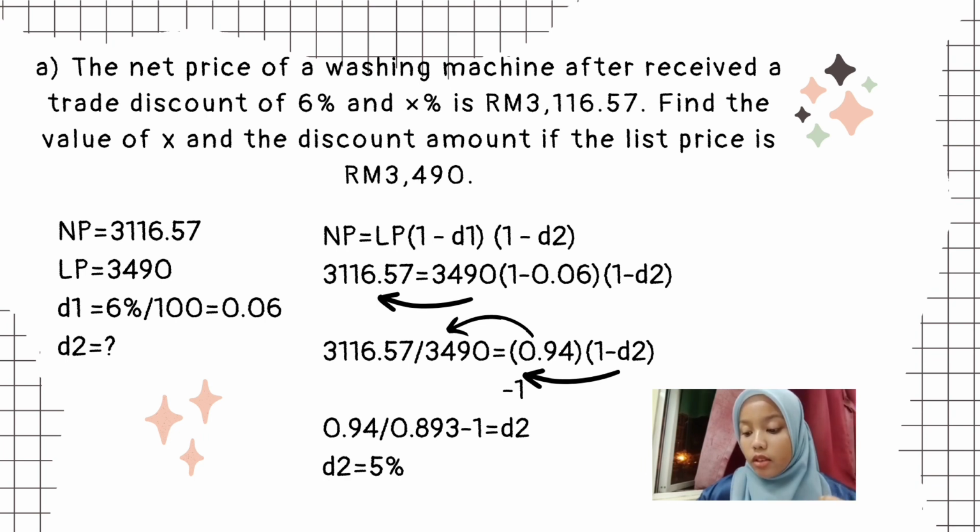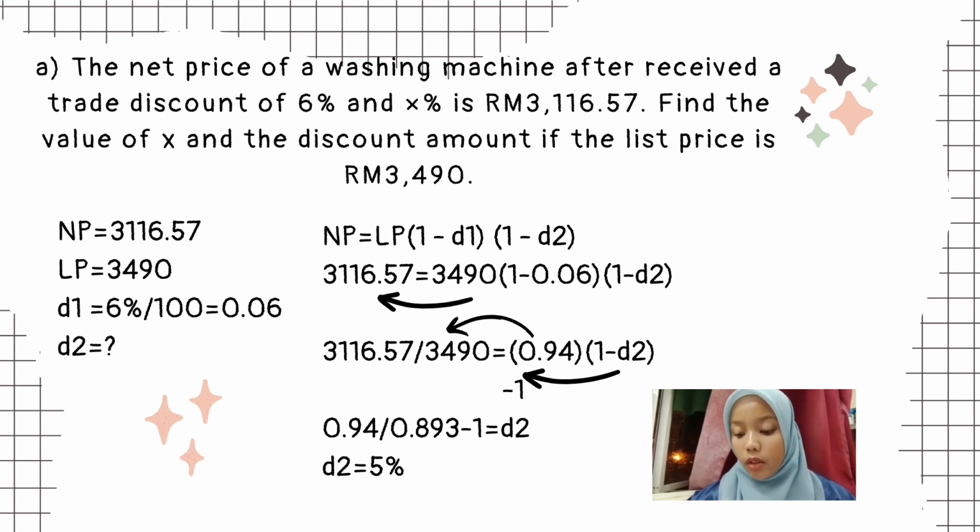So for the trade discount, D1 is 0.06, D2 is X%. For the net price it is 3,116.57 cents and the list price is 3,490 cents. You just have to fill in from the info that you got. So NP is equal to